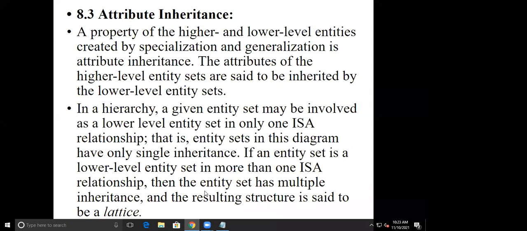So the property of higher and lower level entities created by specialization and generalization is attribute inheritance. The attributes of higher level entities are said to be inherited by lower level entity sets. That's it.